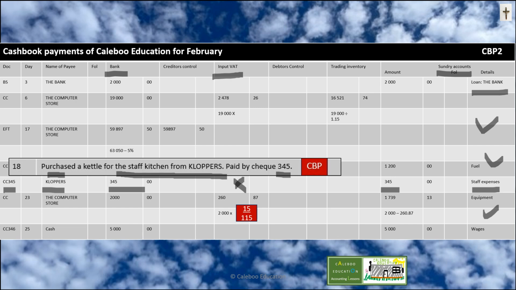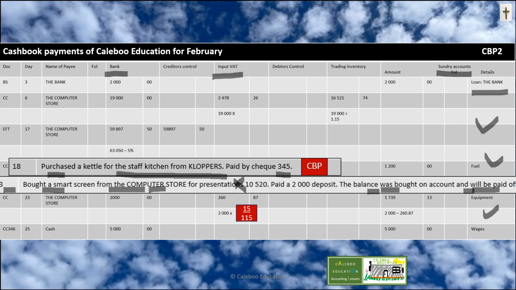I'll go through the rules again. Right, so on the 18th we purchased the kettle for the staff. Very easy. Under bank is the amount 345. Under sundry is 345, and which account is going to be debited? Staff expenses. It's an increase in expense, and the rule says debit, but more about the rules a little bit later. Next transaction,